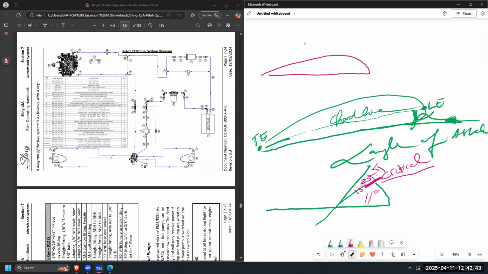Center of lift is equal to center of... They carry the same. Center of lift is the same as center of what? Center of pressure, maybe. No, I just said it. Center of lift is equal to,